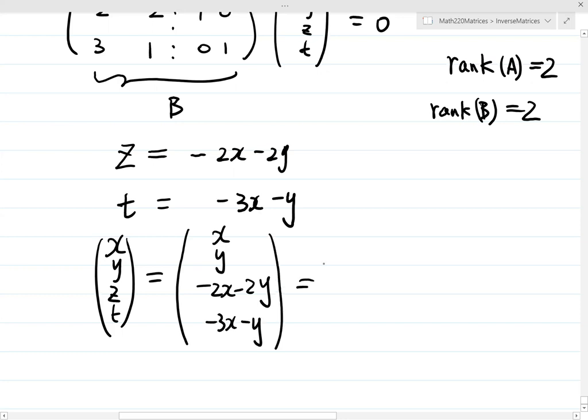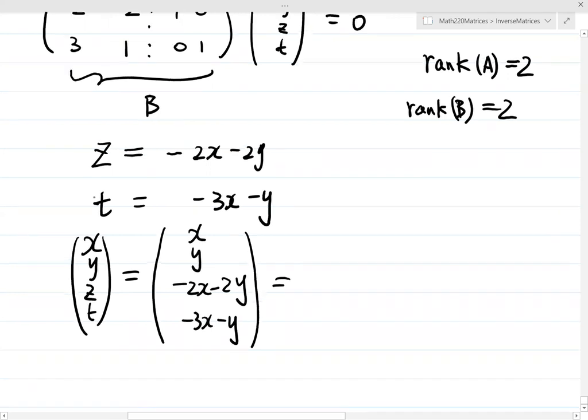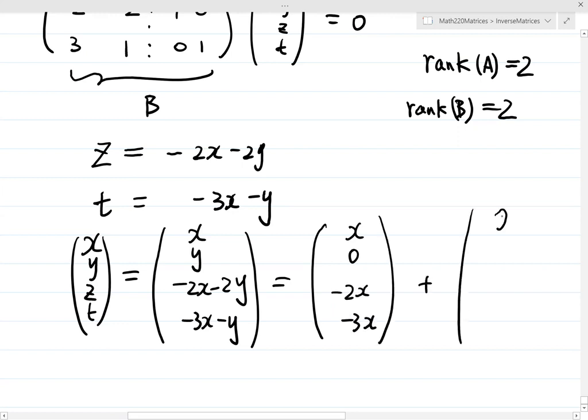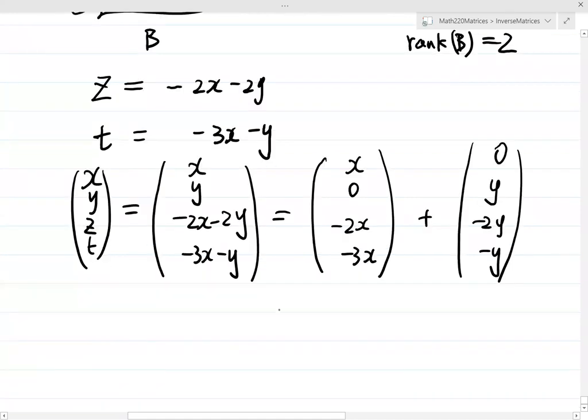Then we separate the variables. First write the terms that have x: x, 0, negative 2x, negative 3x. And then separate the y: no y in the first entry, y, negative 2y and negative y. So this will be x times